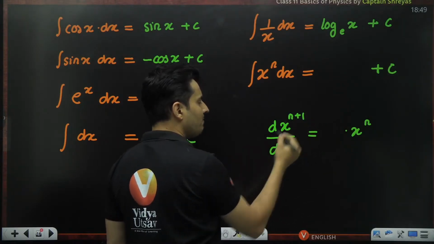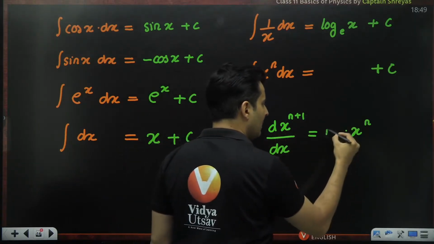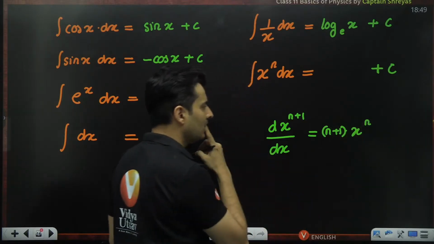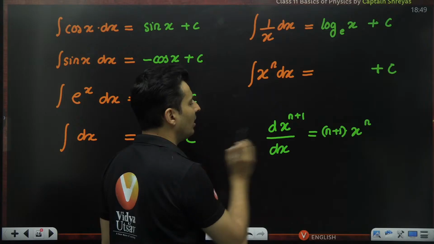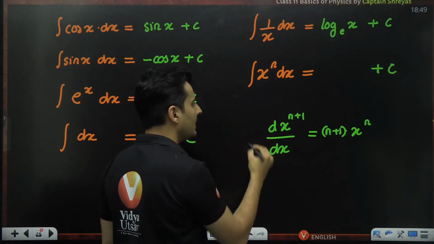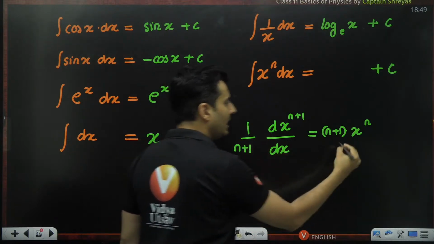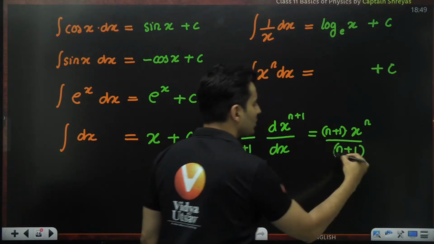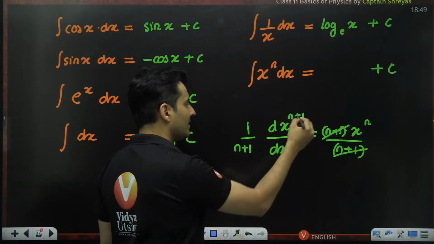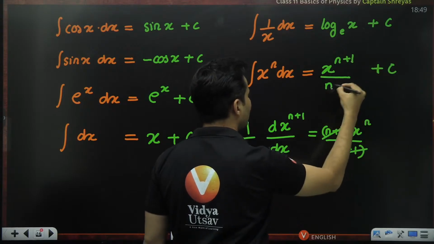So the derivative of x raised to n plus 1: n plus 1 will come outside and reduce the power by 1. So it will be n. But sir, n plus 1 was not there over here. So why have you put it over here? So I have got an idea. How about 1 by n plus 1? If I put that, then this will also be n plus 1, so this n plus 1 and n plus 1 will cancel. Oh, so you mean the answer to this will be x raised to n plus 1 by n plus 1.